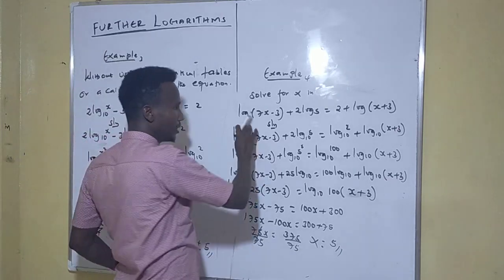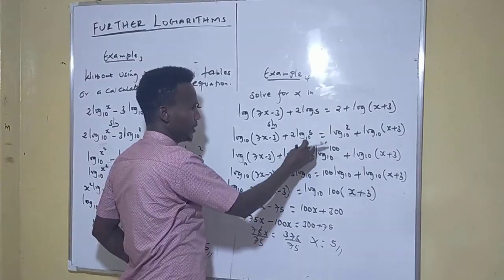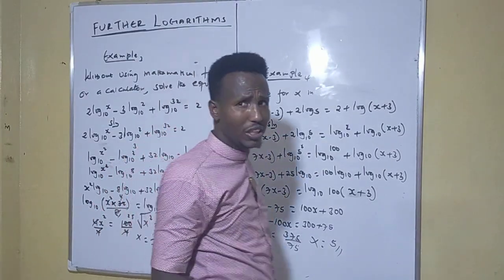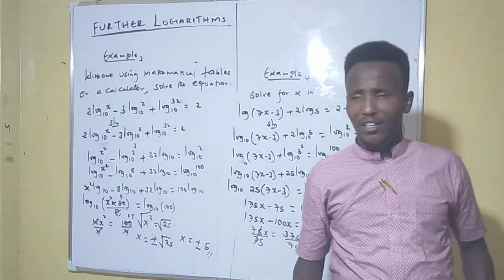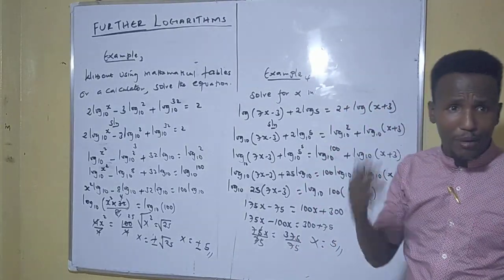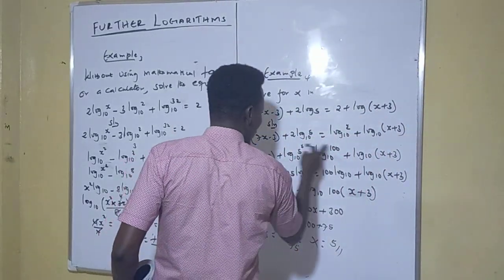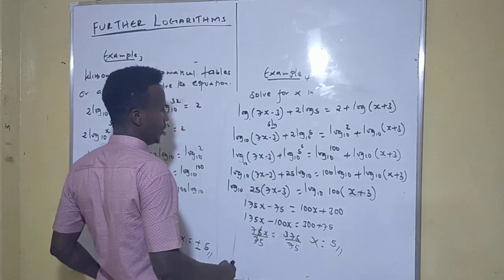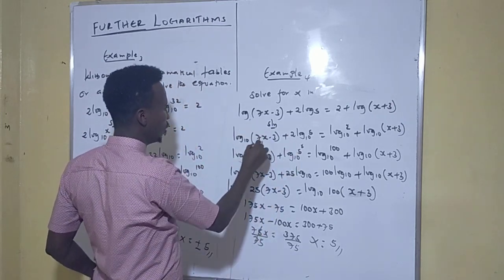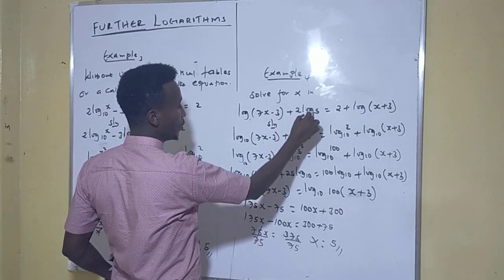Just understand me. These guys are cheating you by the way. Because if we don't introduce this term which is hidden, actually you will not get the answer. You can continue beating around the bush, I'm sure you will not get the answer. Why? Because this term must have helped us, of course, in the calculation. So we are saying, when this is the question, remember, there's a base 10 that's missing. So we have to introduce it. So you're going to say log base 10 of this one is equal to, plus 2 log base 10 power